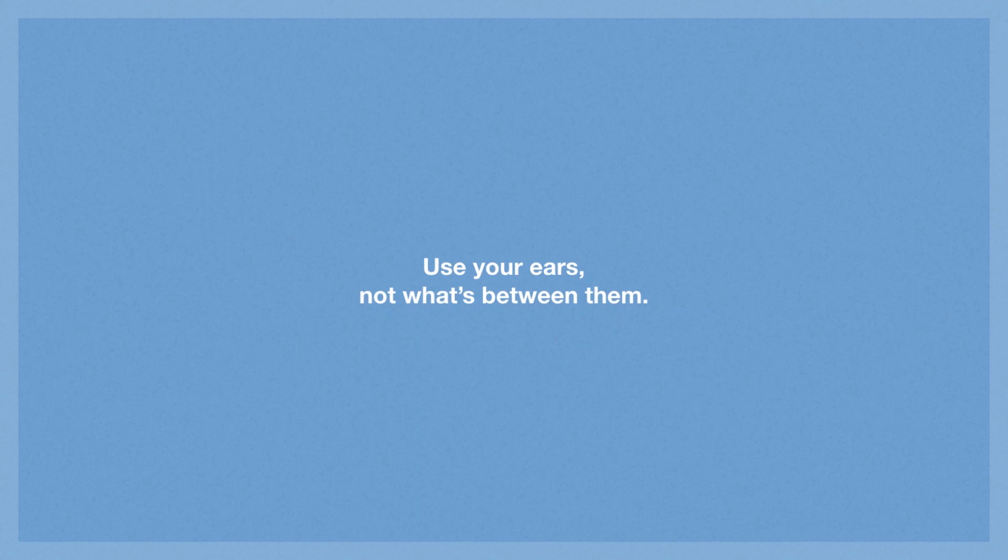So one more time before we end this video, the most important thing to me is that you start listening to what you're writing. That's the most important lesson I can give you, okay? Please do not forget that. Use your ears, not what's between them. Don't try to overcomplicate things. Don't try to theorize or figure out mathematically how things work. The core element of songwriting, the core principle to success is just listening to what you're writing, okay? If it feels right, if your ears are telling you that sounds awesome, I don't care what you're doing harmonically, right? If it works, it works.